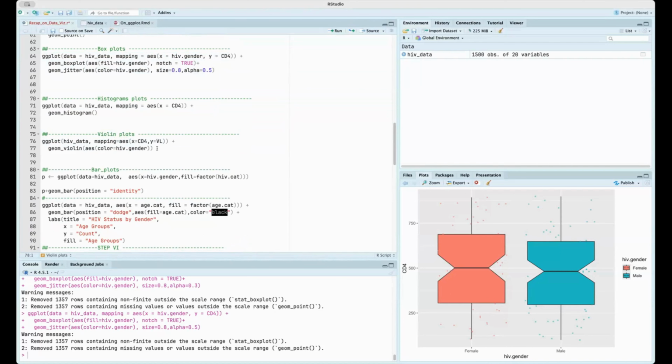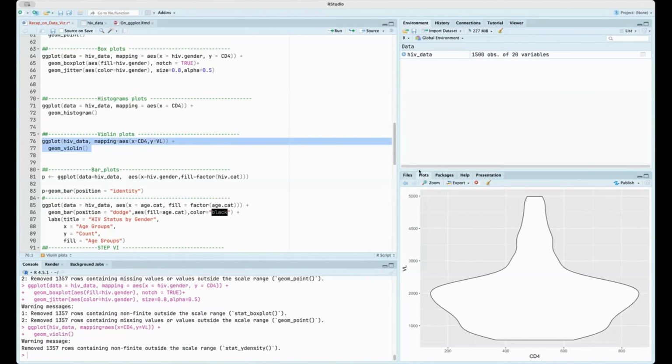But then, let's see. Even without the color definition, let's see what actually happens. So you can see it's just a very dull plot, but if we use the color,